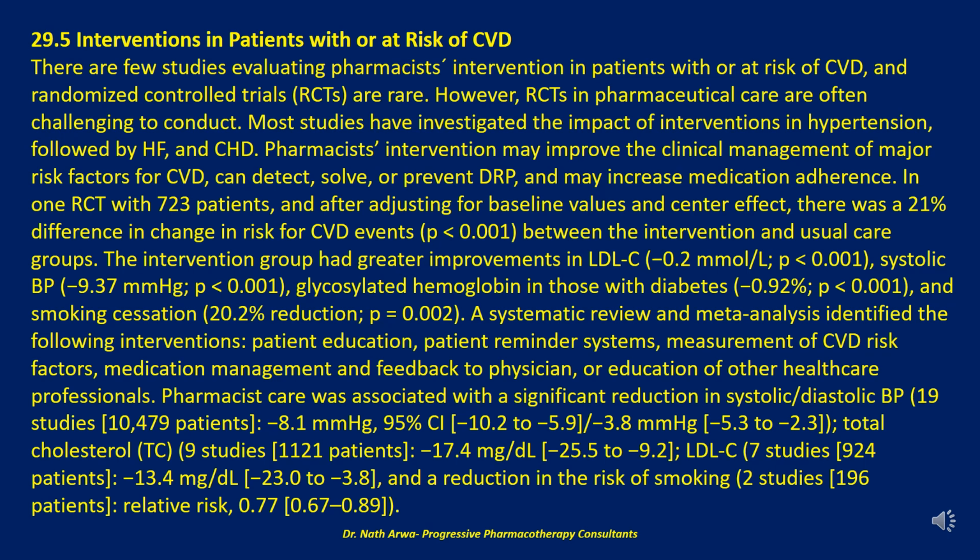10,479 patients, negative 8.1 mm of mercury, with a 95% confidence interval, that is negative 10.2 to negative 5.9, stroke negative 3.8 mm of mercury, that is negative 5.3 to negative 2.3, total cholesterol, TC, 9 studies, 1121 patients, negative 17.4 milligrams per deciliter, that is negative 25.5 to negative 9.2,